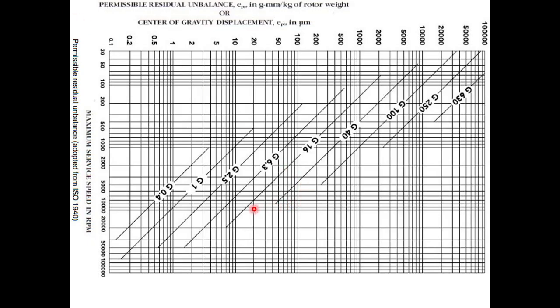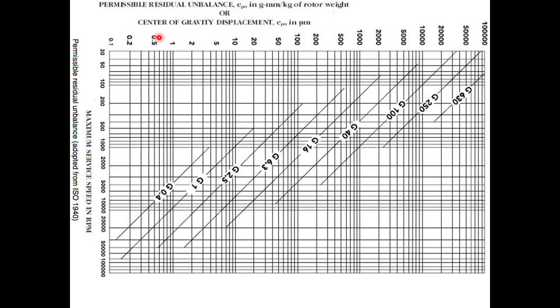And this is the curve we are having here, with maximum service speed. Say for G 0.4, precision machine. If our speed is, say, 10,000 RPM, this line. What is the maximum amount of center of gravity displacement? That means the eccentricity, 0.5. I think that was 0.5 also, no? In our case, in micron. This is in micron. Yes, sir. It's 1.5. It is the same thing.